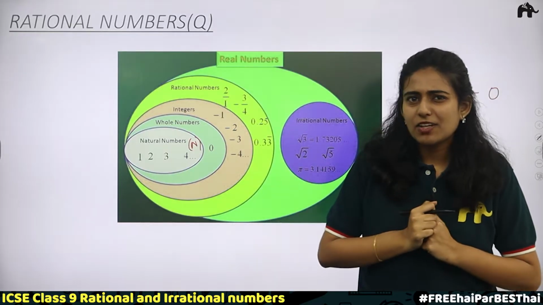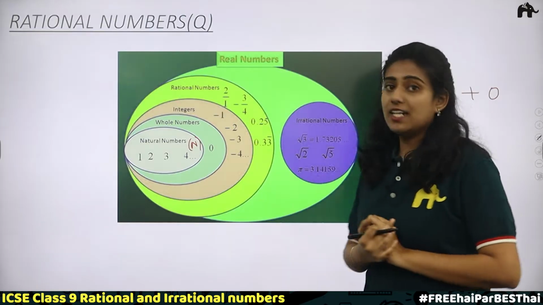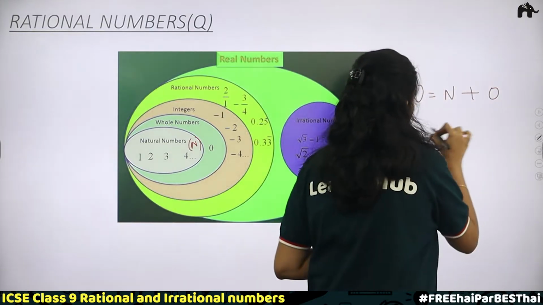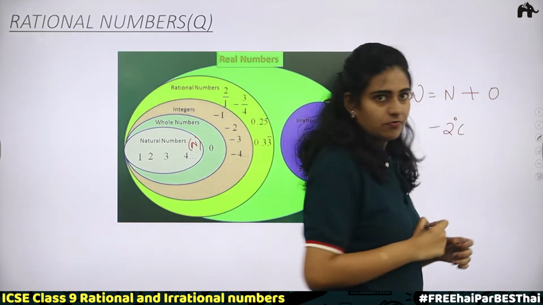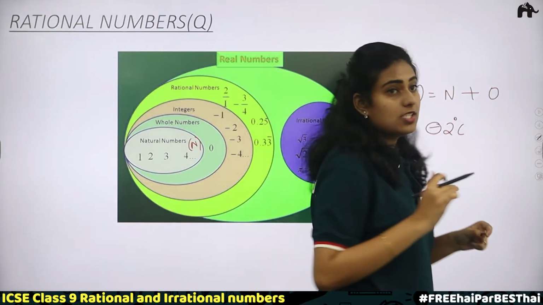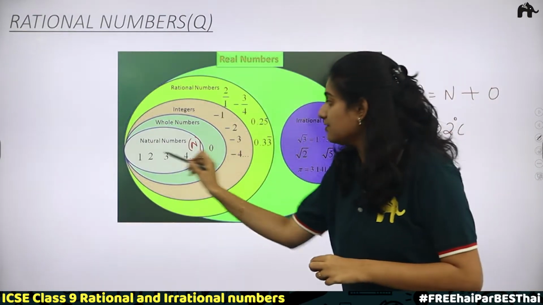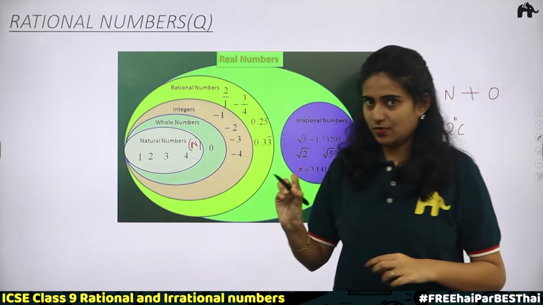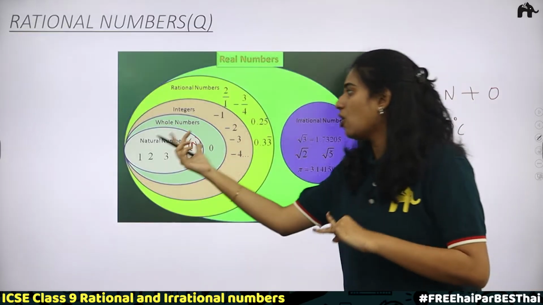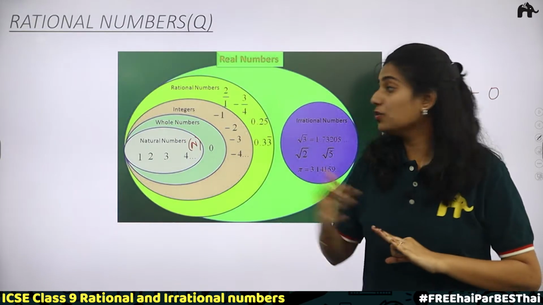What about negative numbers? You have studied negative numbers. When you are measuring a temperature below the freezing point, it is negative, for example, negative 2 degrees Celsius. So this is a negative number, right? Here the negative sign shows the number is negative. When you take the natural numbers and put a negative sign with them, they become negative numbers. So the negative numbers, the natural numbers, that is positive numbers, and 0 together we call